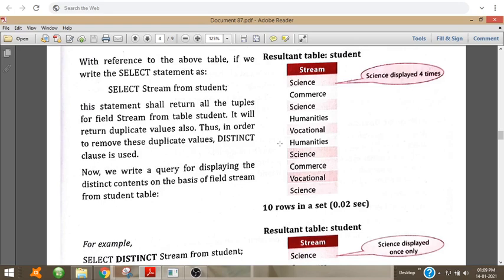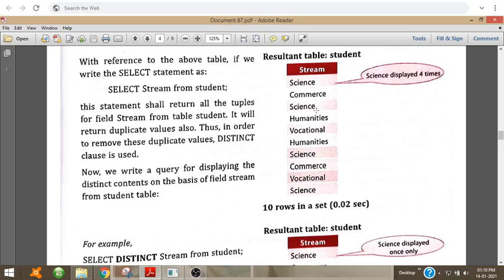So if students want to know what are the streams provided in this school, it is not needed to show this whole list. We just want to extract only the unique values. We don't want to show science 4 times and commerce 2 times to show that these are the streams present in our school.